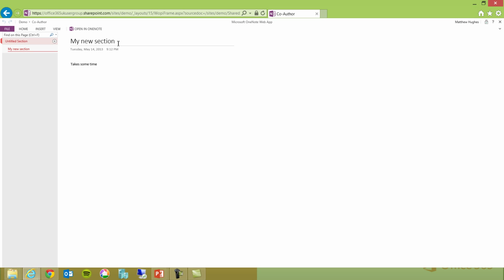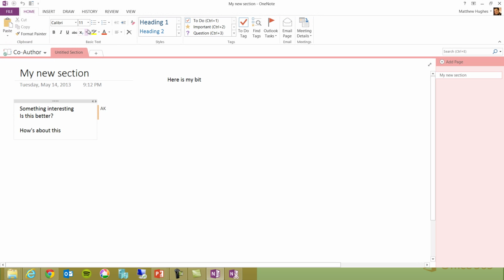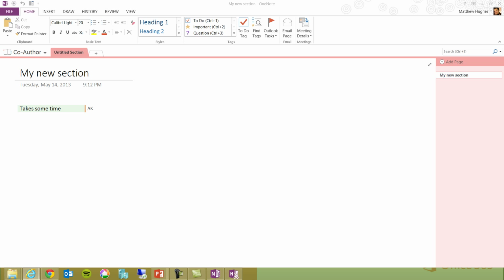Now the best way I can show you these changes, there you go, there's the change. The best way I can show you these changes is actually in the OneNote client. So if I refresh this now, you'll see these things disappear, and as these things refresh, you'll see that the icon appears for the user. So if I add some text here,